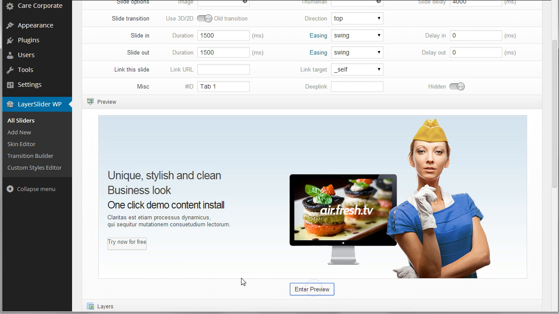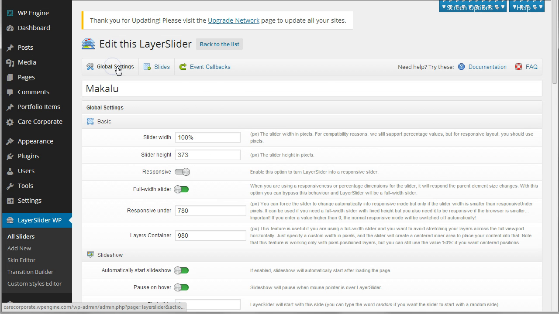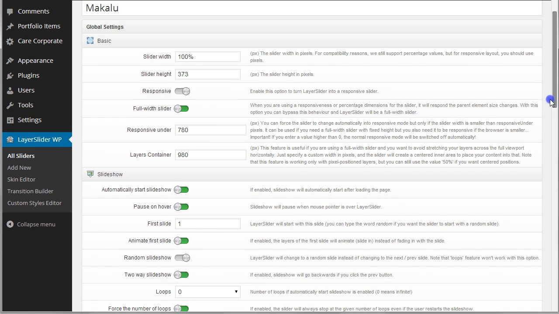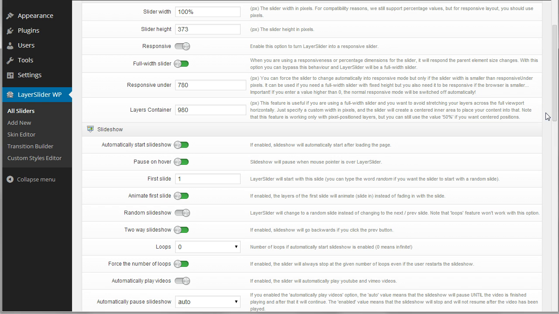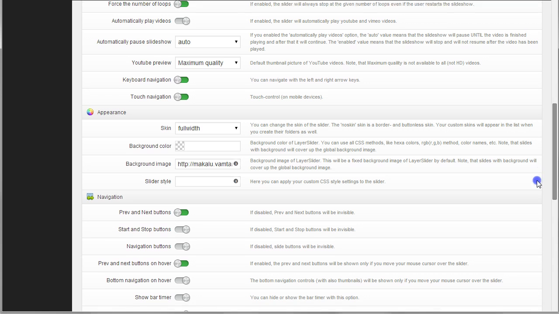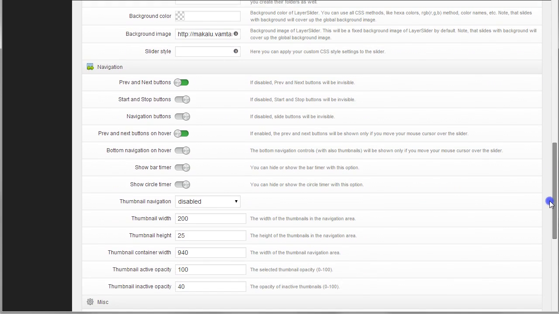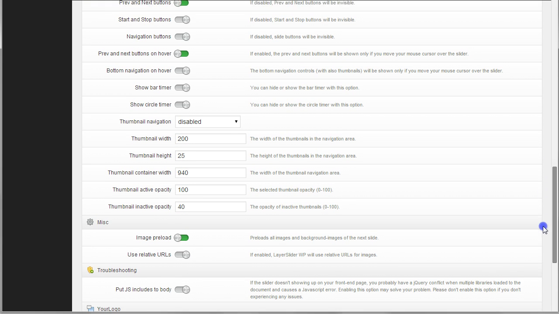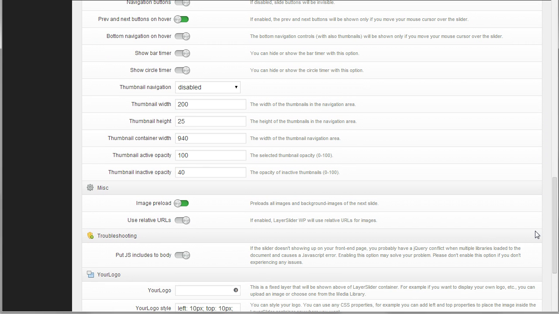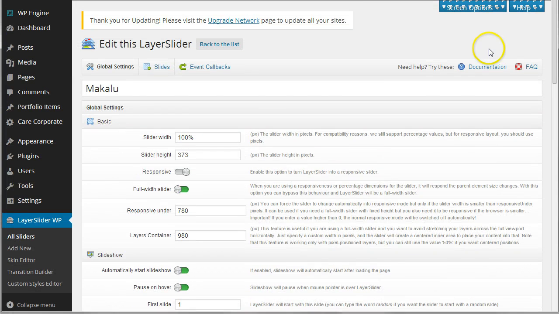Alright, just for the sake of being complete, I'm going to show you the global settings, and if you want to follow along, this is what they look like. Alright,